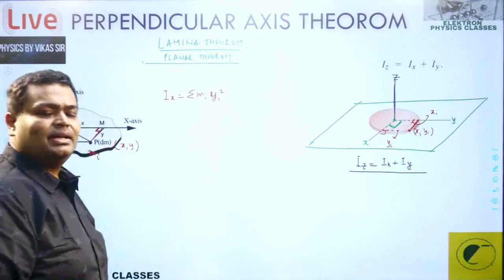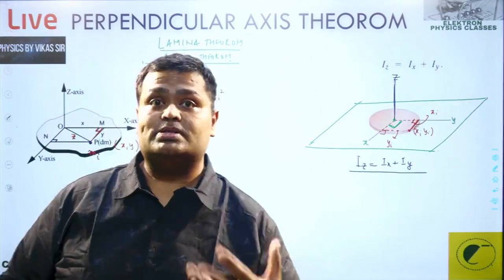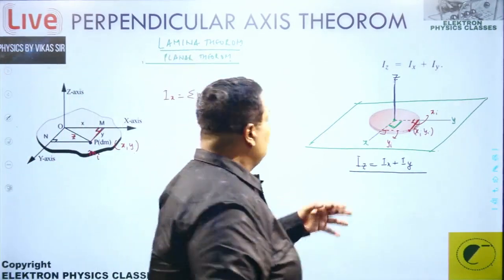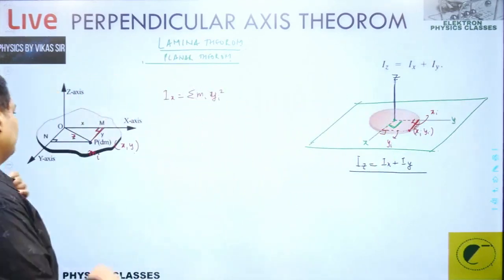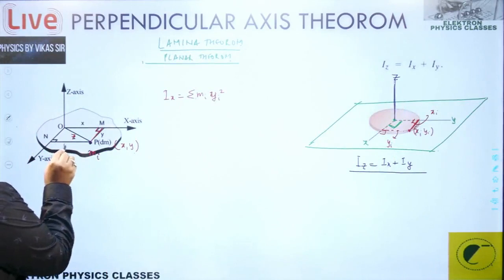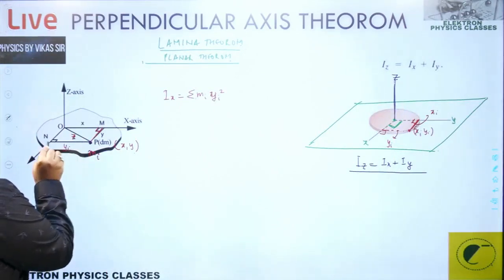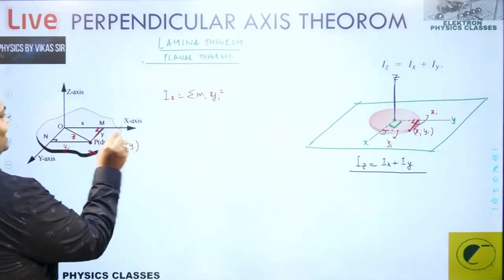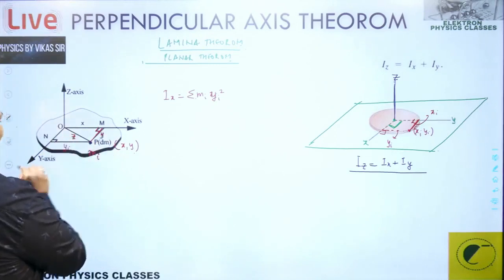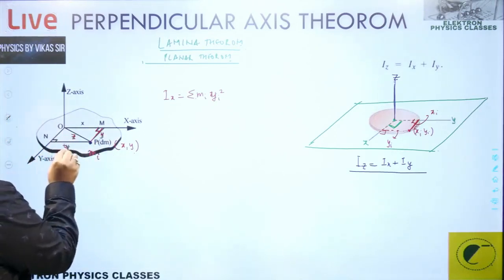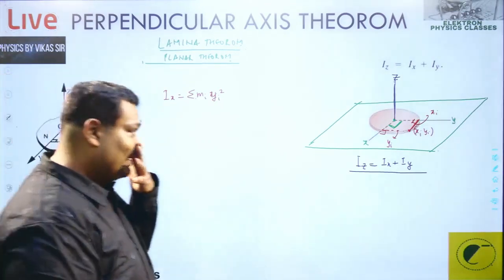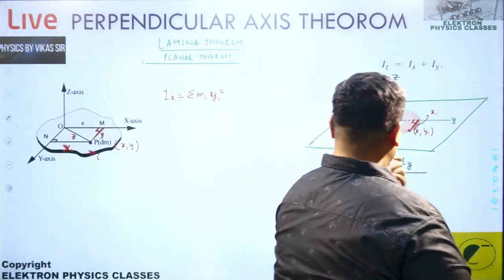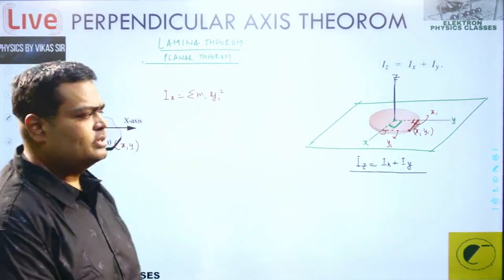Even if you make a mistake, the answer will be correct, but we should not make a mistake. So with the x-axis, the perpendicular distance is yi. We're confirming from the two figures. This distance is supposed to be how much? Yi, from the x-axis. This is the x-axis, so this is y. This is the y-axis in this diagram, so that is x. Right? Anyone can be taken as an x and y axis. In this I have taken this as x-axis, this is y-axis.